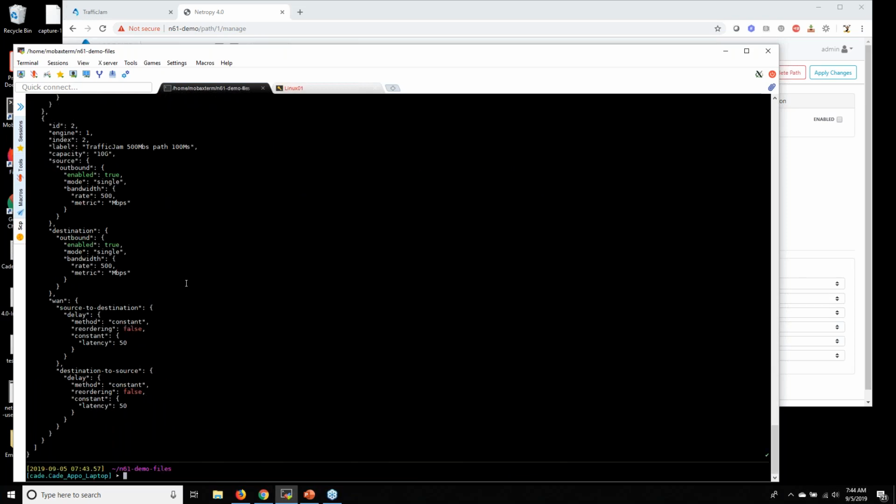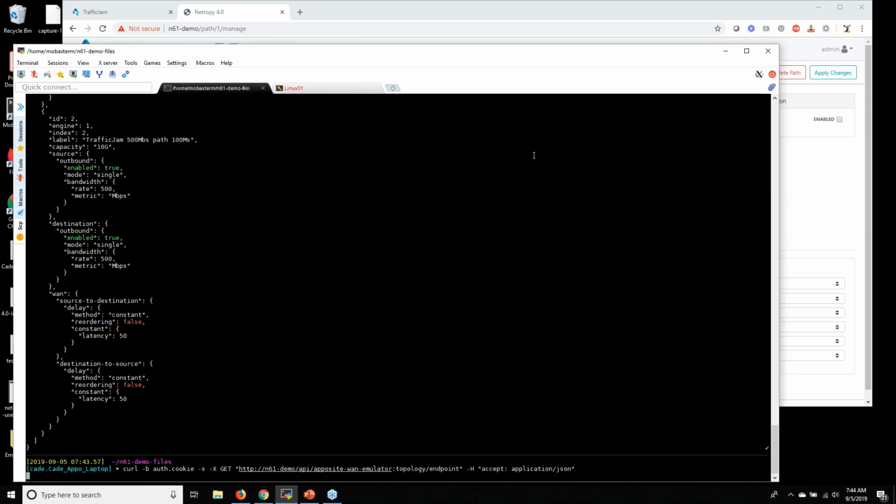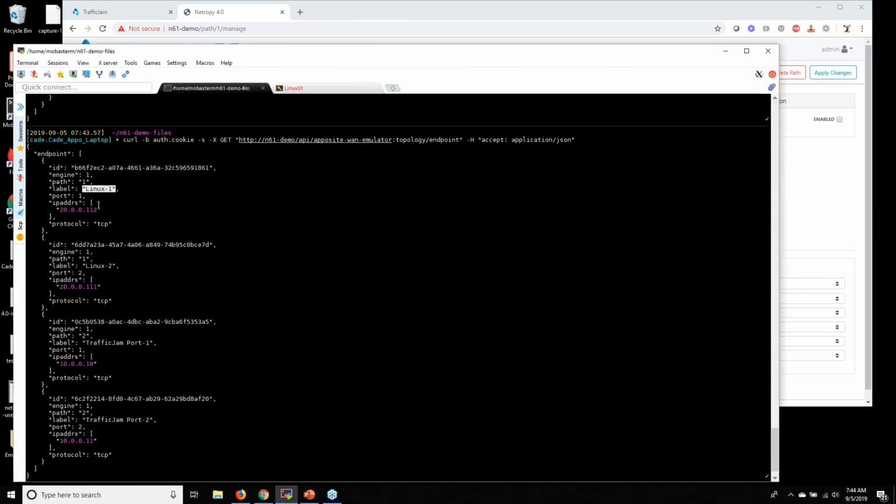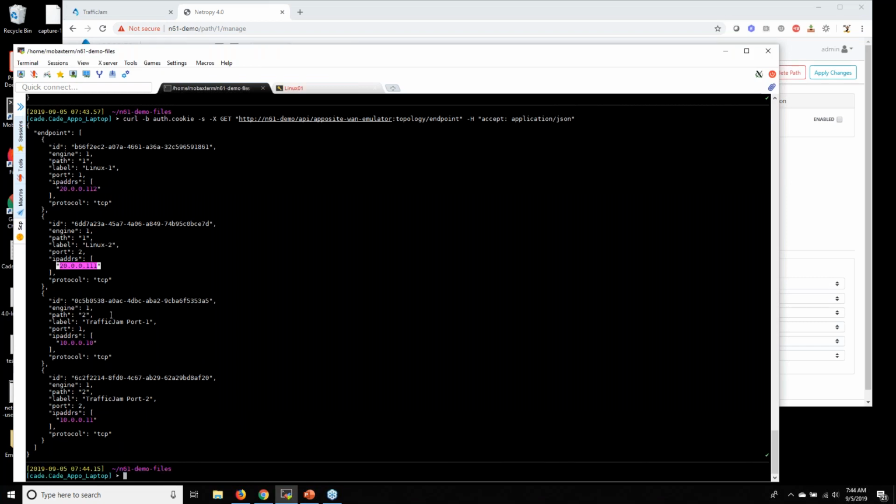So maybe I would like to see what's going on with my endpoints. I can just change this to endpoint. It should give me all 4 of my endpoints. Linux 1, Linux 2, Traffic Jam port 1, Traffic Jam port 2. So Linux 1 with this IP address, Linux 2 with this IP address, Traffic Jam port 1 with this IP address, and port 2. So that's how you can automate things.